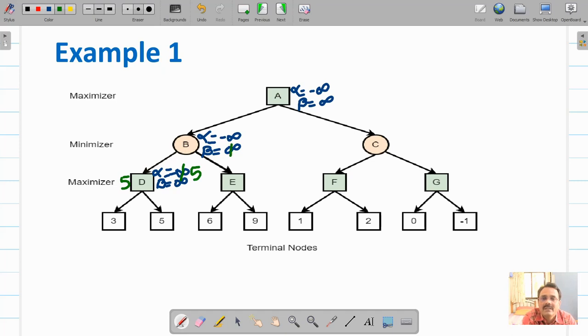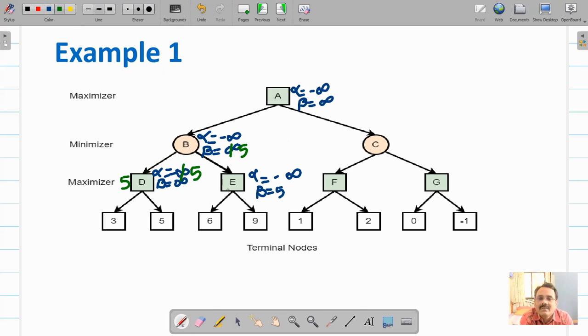The new value of beta will be 5. Now the values associated with E will be updated. Alpha is minus infinity, these values are copied, and beta is equal to 5.